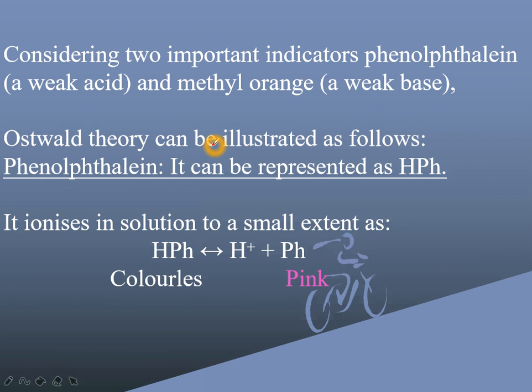Next, we can explain this Ostwald theory by taking two examples, phenolphthalein and methyl orange. The phenolphthalein can be represented as HPh. Its ionization can be represented as HPh gives H plus and Ph minus. Here HPh, that is the unionized form, is colorless, while the ionized form will give the pink color according to the